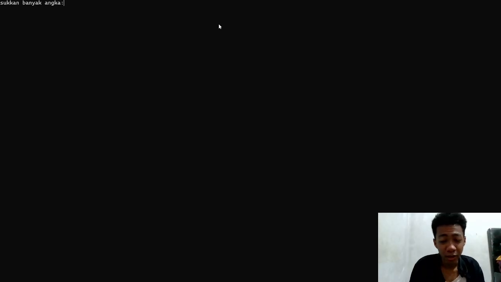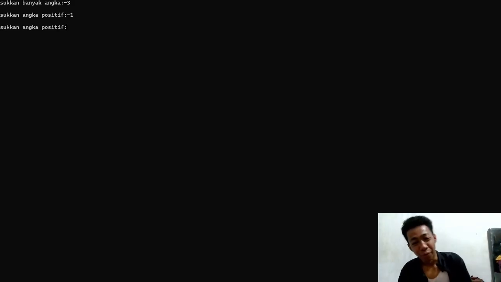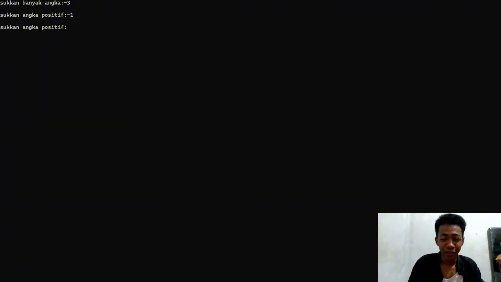We will input the n value here first, and we try to input -3. And it will not enter the main loop. Let's input another one, and still the same. But what if we input a positive value and it enters the main loop? We will see what happens if here is a negative value.